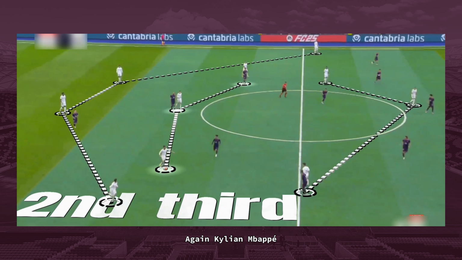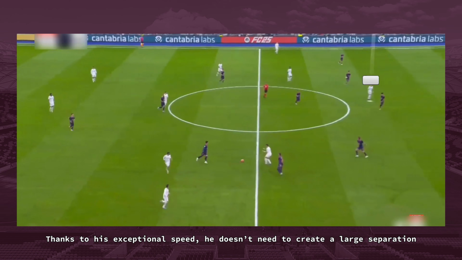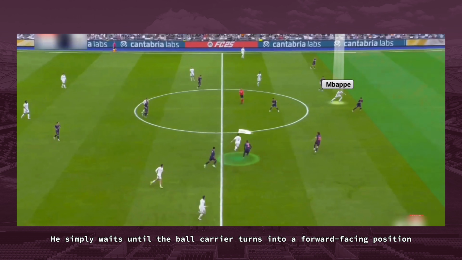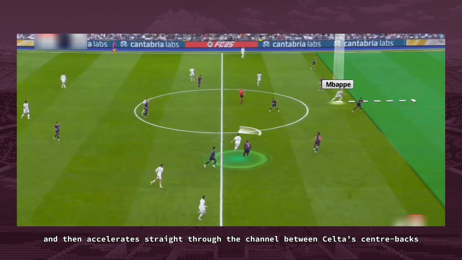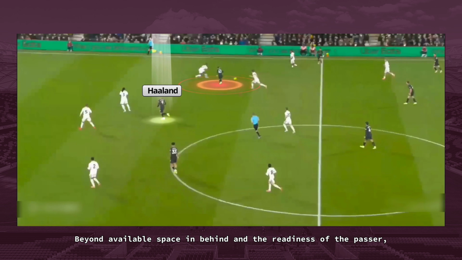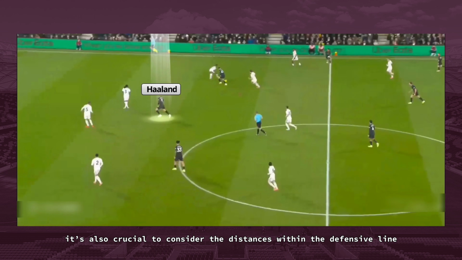Again Kylian Mbappé. Thanks to his exceptional speed, he doesn't need to create a large separation. He simply waits until the ball carrier turns into a forward-facing position and then accelerates straight through the channel between Celta's center-backs. Beyond available space in behind and the readiness of the passer, it's also crucial to consider the distance